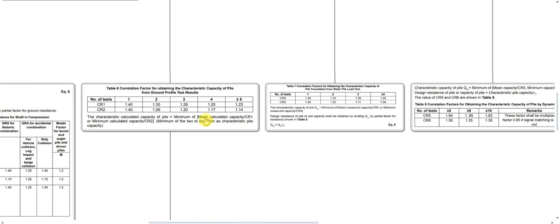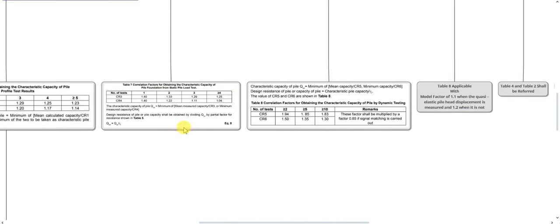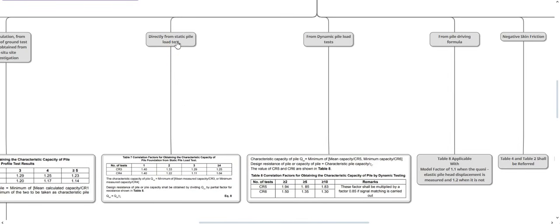Now, to calculate the characteristic calculated capacity of pile, we need to take the minimum of the mean calculated capacity divided by CR1 or the minimum calculated capacity divided by CR2. So we'll get the characteristic calculated capacity of pile. This characteristic calculated capacity of pile is further to be divided with the... Again, in our next method, that is if we calculate the capacity of pile from static pile load test,